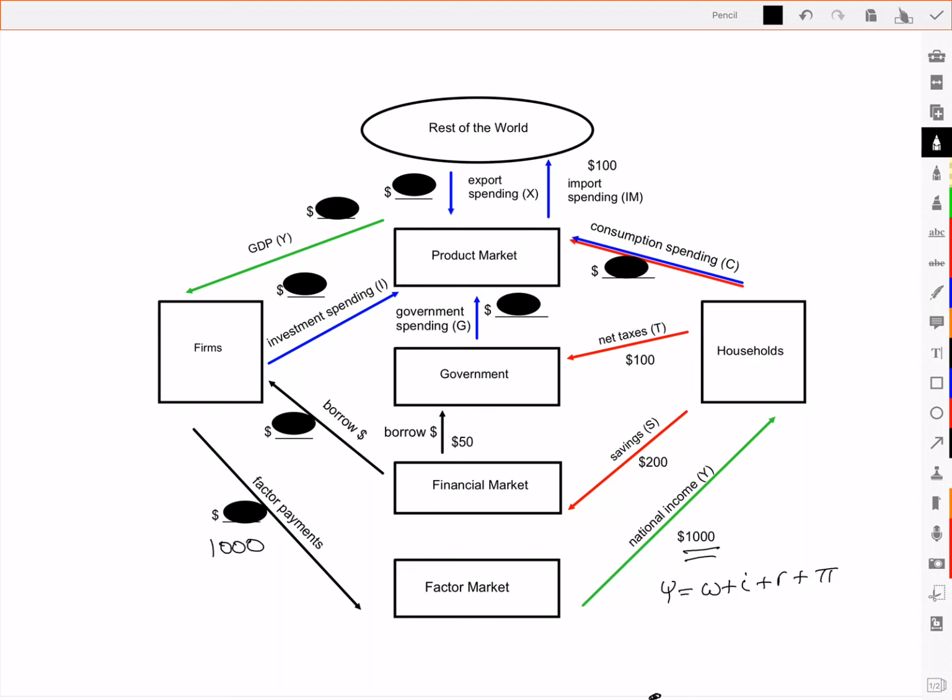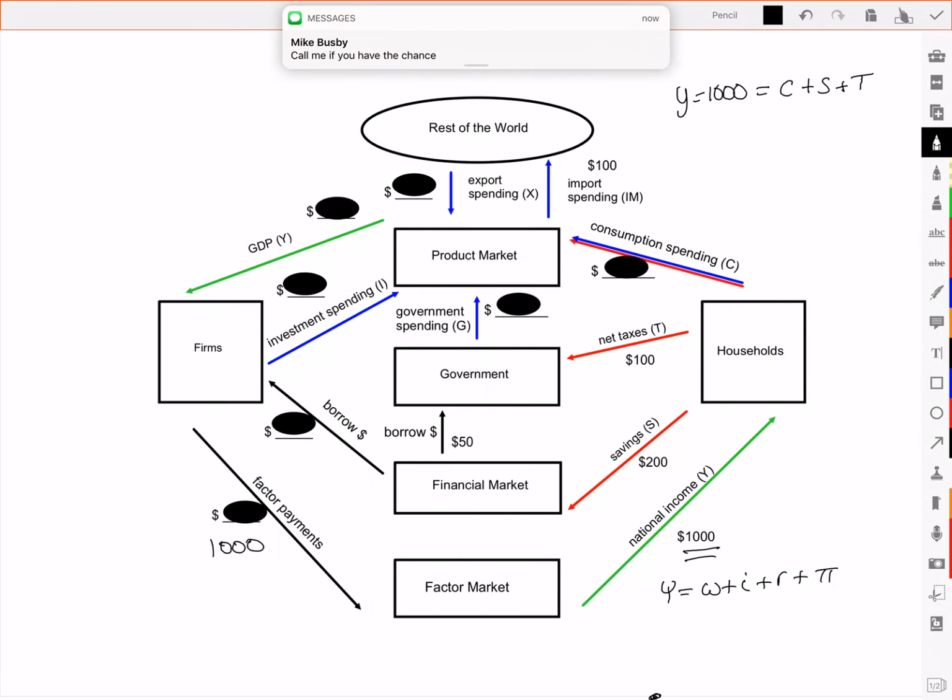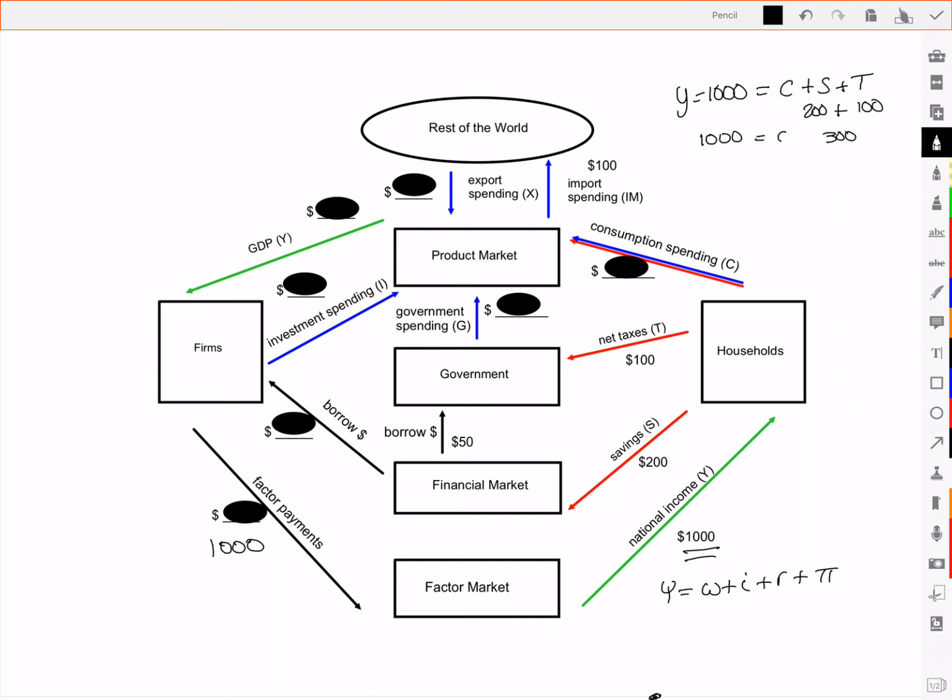Now, once we get paid $1,000, the question is, what do you do with that $1,000? We spend some of it, we save some of it, we pay taxes. So here we see that our net taxes are $100. Our savings is $200. So if savings and net taxes total $300, and we know that our income is $1,000,